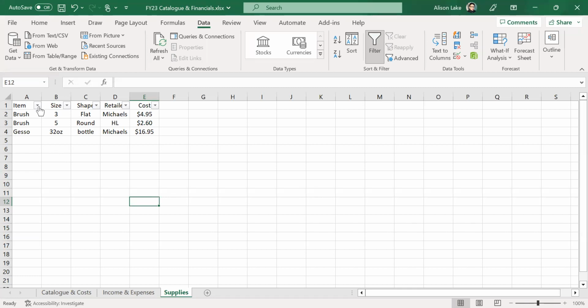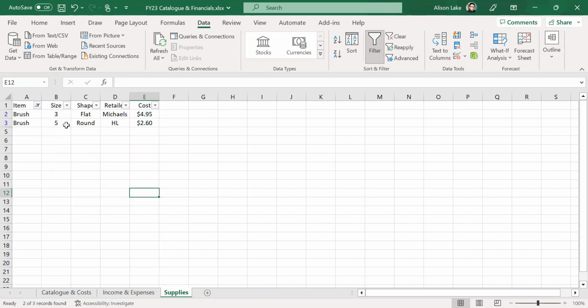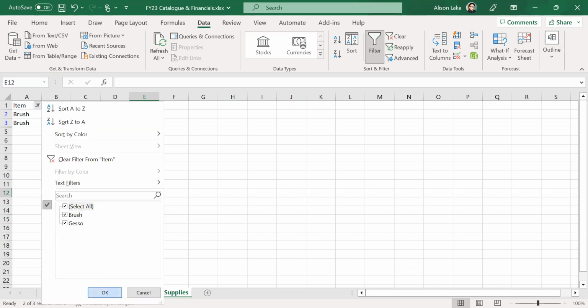So again, you might go, where do I buy my brushes from? You can come here and sort. This is the brushes. This is what they are. You've bought that one at Michael's. You've bought that one at Hobby Lobby. And then it's like, oh, well, I'm going to Michael's. Let's have a look at what they've got. Actually, you can see I'm doing this on the fly, but we could actually go and put in